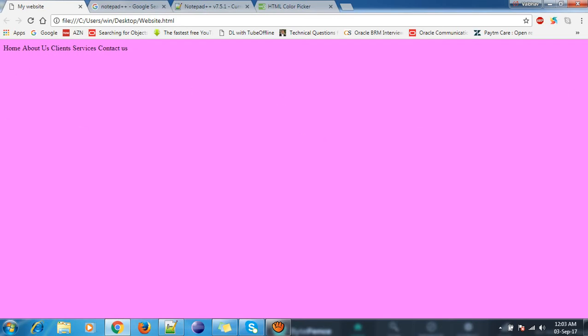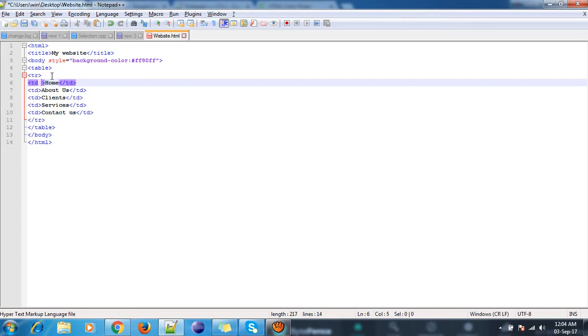From beginning to ending is 100%, and home will occupy 20% of the space, like 1 2 3 4 and 5. 20 into 5 is 100. So let me give everyone 20% of the width.